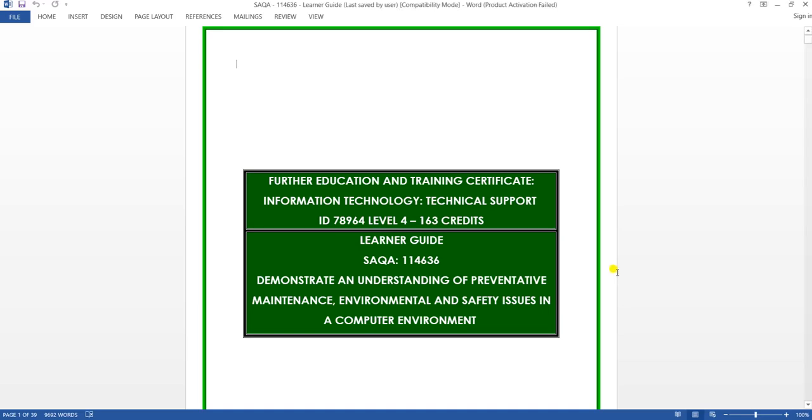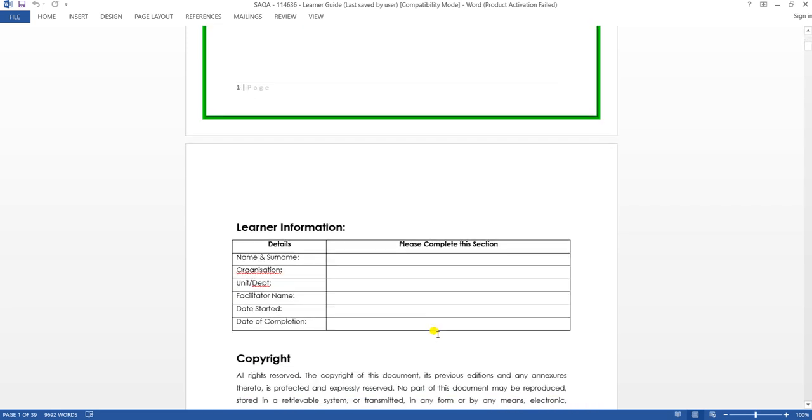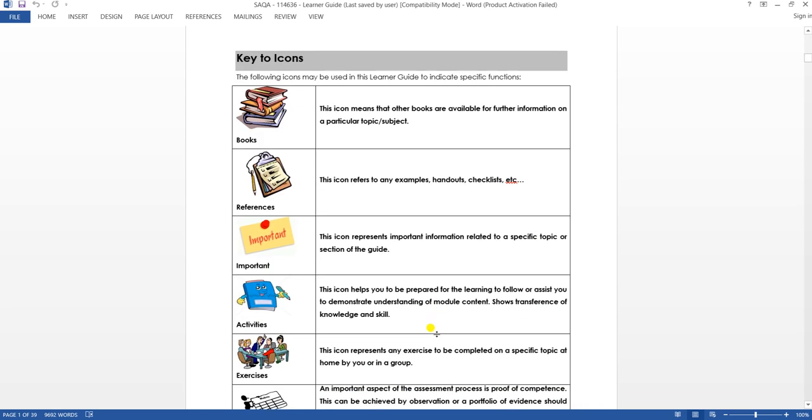Hi guys, in today's session, I'll be conducting or facilitating Unit Standard 114636. The title of this unit standard is Demonstrate an Understanding of Preventative Maintenance, Environmental and Safety Issues in a Computer Environment. Looking at this unit standard,